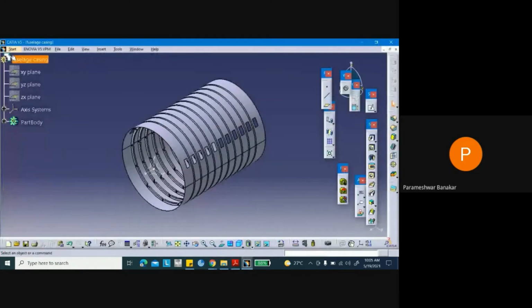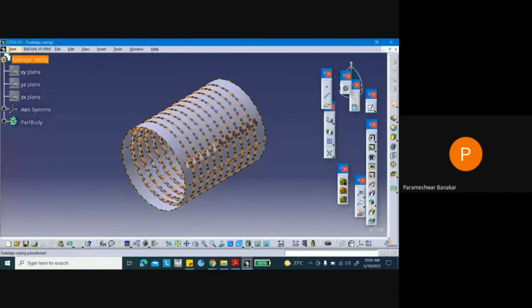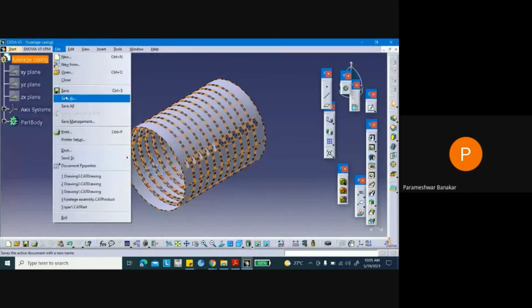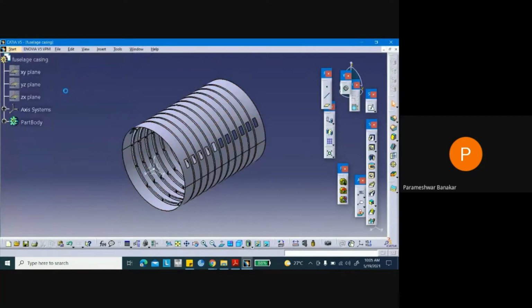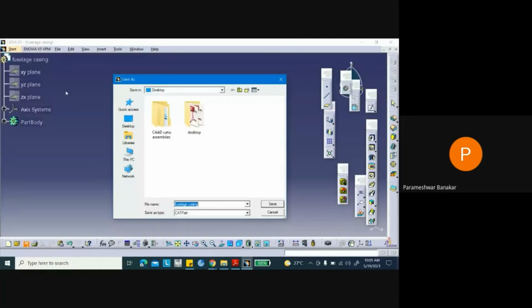First we'll save this, go to file, save. Somewhere in your computer or laptop you can save it. So I will just save it on desktop only, with the name fuselage casing.